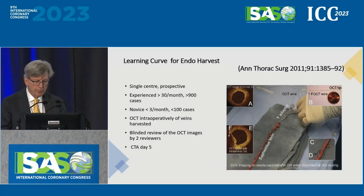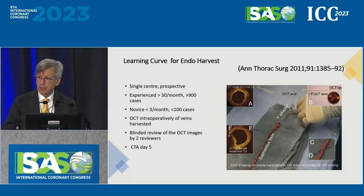It is unclear how many veins need to be harvested before being competent. This is a concern for training programs. This prospective study considered experienced operators to have greater than 900 cases and inexperienced to have less than 100 cases. The veins were